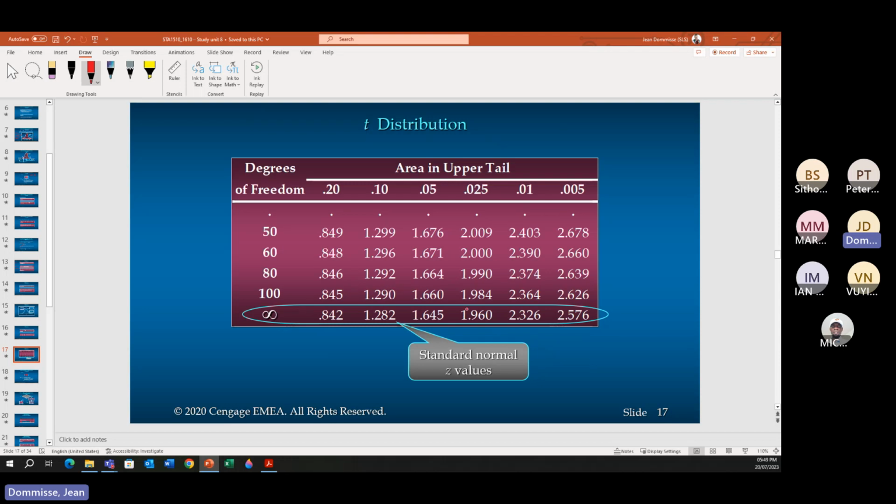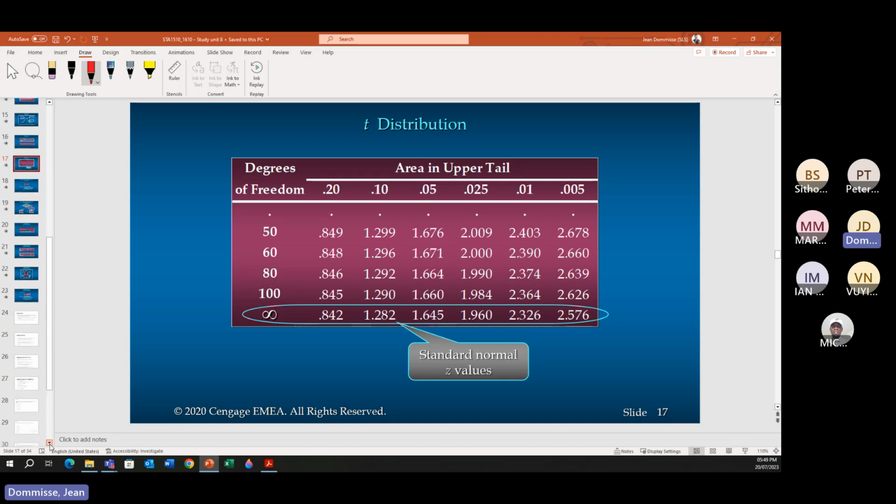If you have a big N, your degrees of freedom, you will see that you get close to all the numbers that are nearly on the normal distribution. So if you sit with a sample of 100, you can see how close it is to what you would have used if it was looking at the normal distribution and the Z value. So this is one of the big things that they will try to catch you out in both the assignment